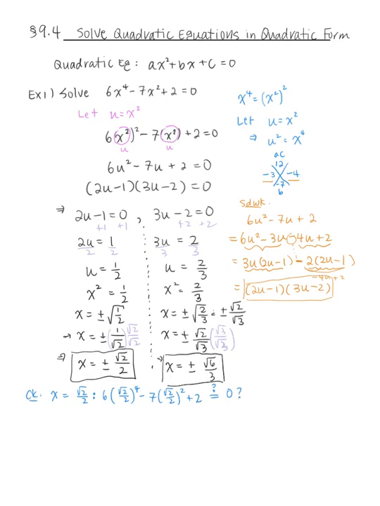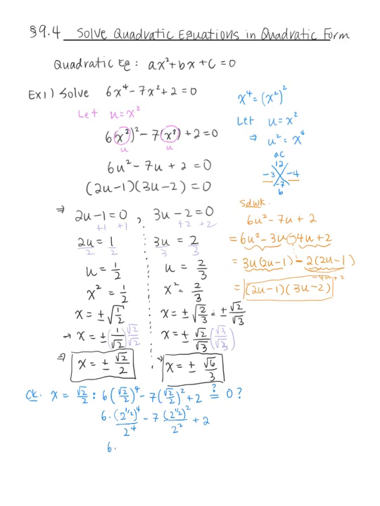So this implies that we're going to have 6 times, now remember, square root is the same thing as the exponent being 1/2. So here you're going to have 2 to the 1/2 to the fourth over 2 to the fourth. And the next one you're going to have minus 7, and then 2 to the 1/2 to the second power all over 2 to the second. And then here comes our plus 2. So let's keep working. So this is the same thing as 6 times